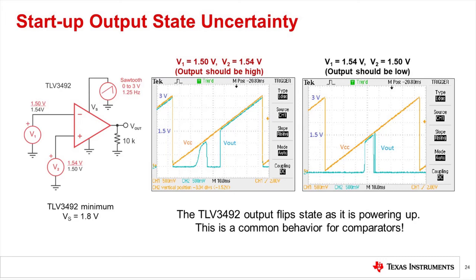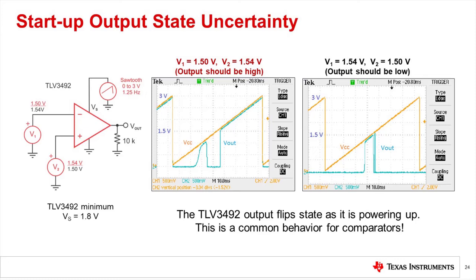This could be an issue if a circuit following the comparator comes to life quicker during startup and acts upon this unintended output state coming from the comparator. Having a known output state is useful for understanding startup conditions, because startup conditions of the comparator may impact that downstream signal chain.